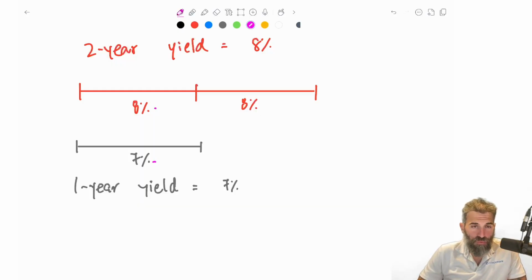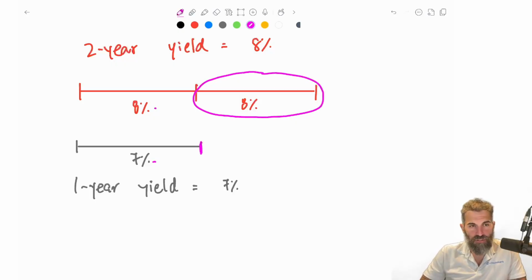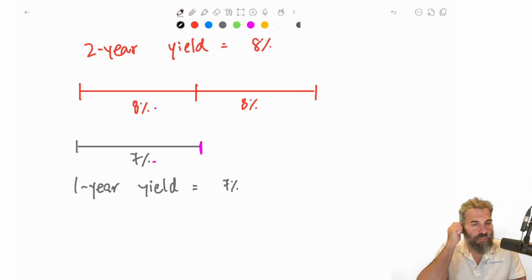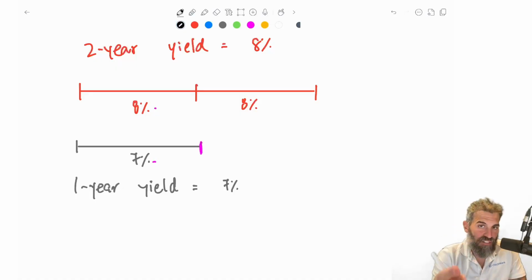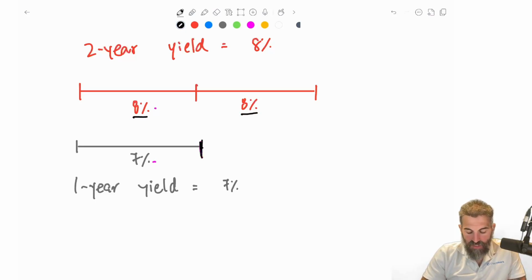So the forward rate is the return that this person is getting, but specifically for the second year. Now you're saying, well, it's 8%. You already said it was 8%. Yes. But what you have to think about is if they would have invested in a 1-year bond, right? They would have earned 7%. Because they invested in a 2-year bond, they're earning 8%. This implies that the return for the second year